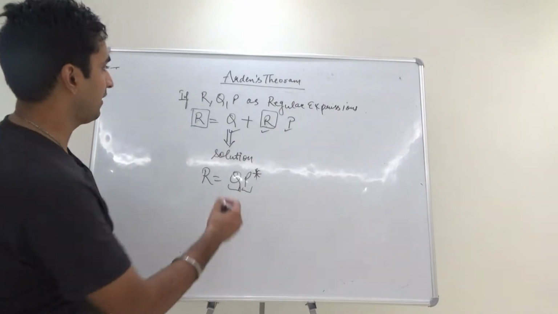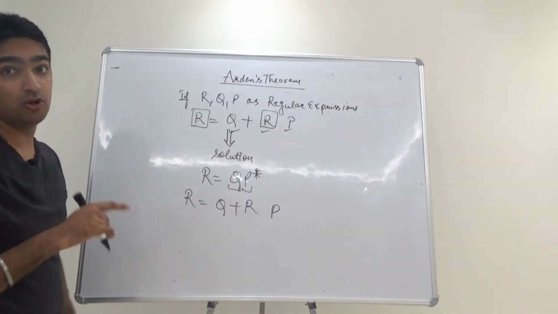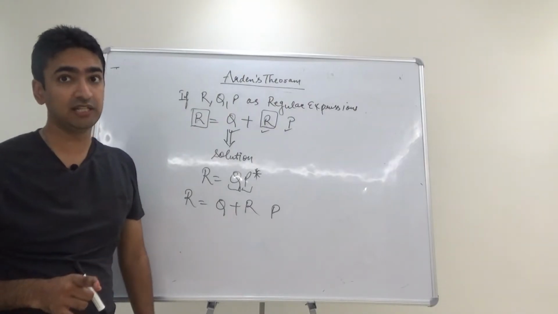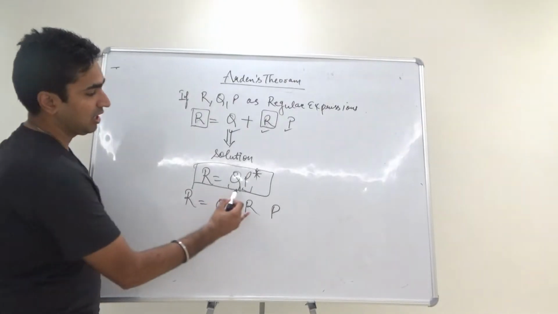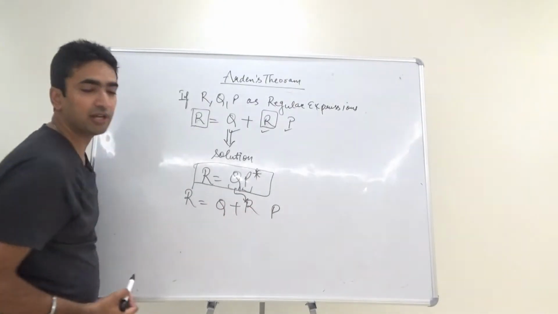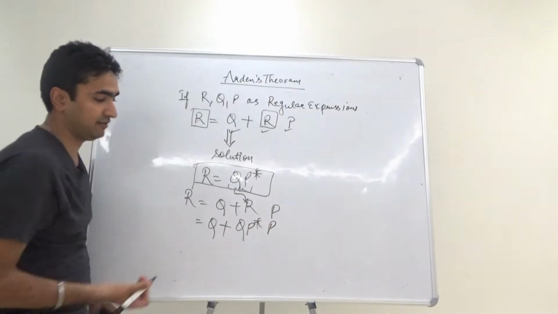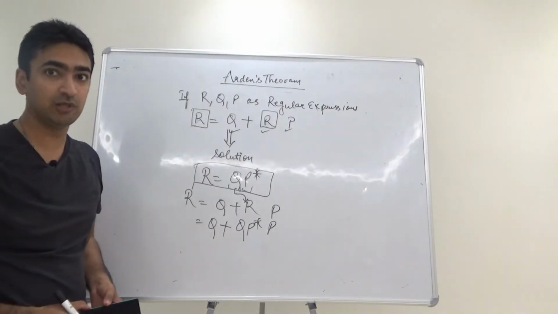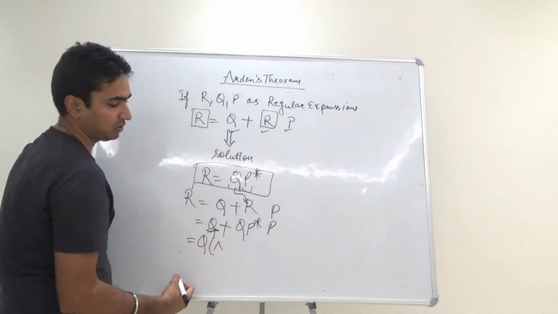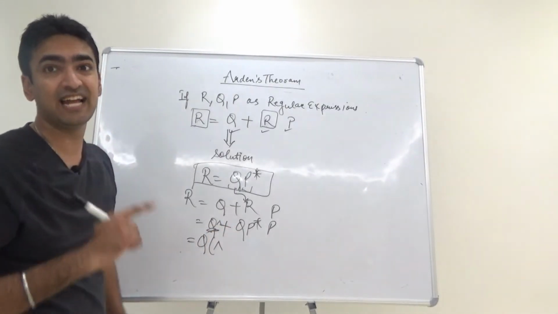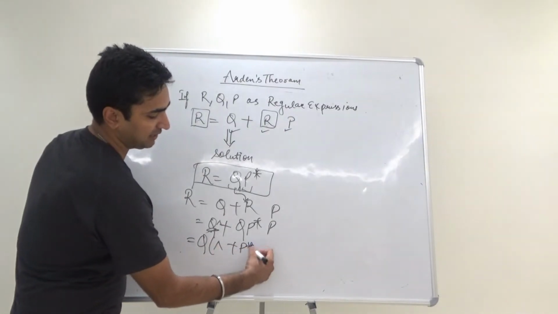For example, we have R is equal to Q plus RP. Now I want to prove that this is equal to QP star. So we know the solution of R. R's solution is QP star. All I can do is put this in this particular R. Let me put that: Q plus QP star concatenated with P. I am just going to take Q common. There is nothing left over here, because this can be represented as Q null. Anything concatenated with null is anything. So we have Q, null plus P star P.